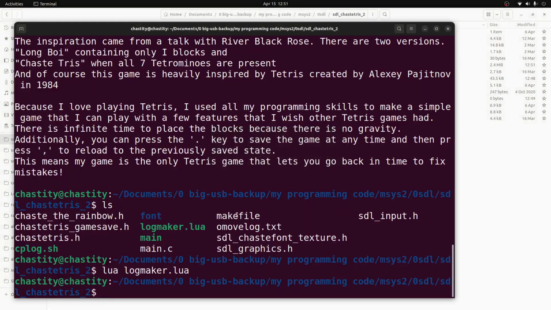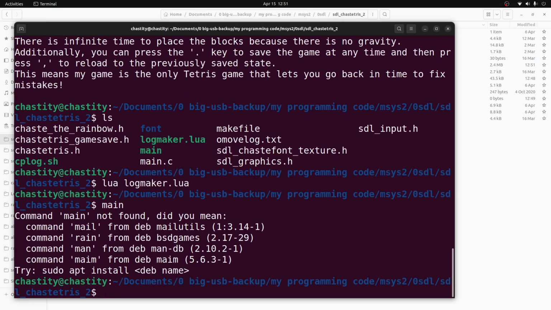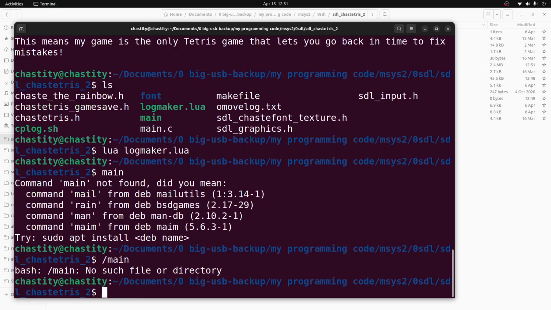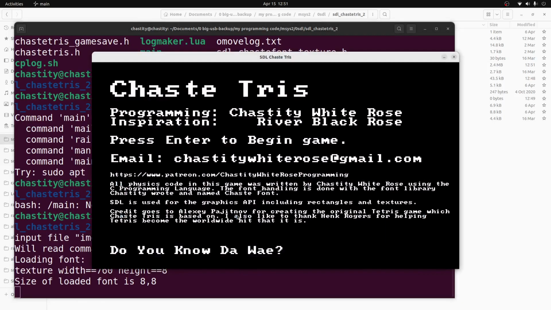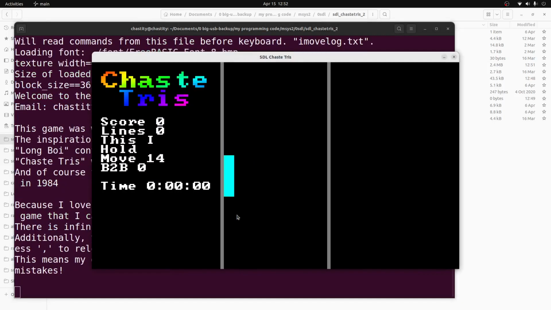So now, if I run the game again, yes, /main. Actually, I want to show you: if I type main, it doesn't work because it's not like Windows. You just type the name of the executable, and /main doesn't work either because that's something different. But the current directory is /main. Now here's the title screen. Now as soon as I press enter,